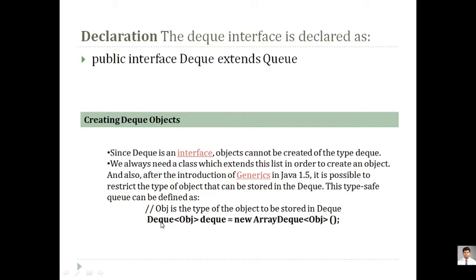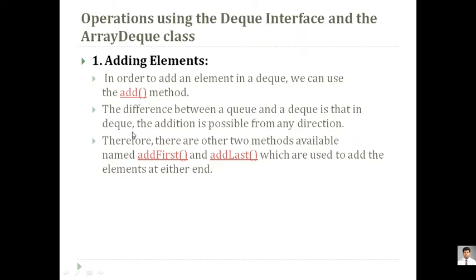So if I want to create an object of a Deque which contains only strings, I have to specify String here and String here. If I want integers, I specify Integer here and Integer there. So whenever you are creating an object of Deque, you need to understand that a Deque object is not created directly but in an indirect way, that is the generic way, by specifying the type with ArrayDeque and the new keyword for creating this ArrayDeque. So this is the only way of creating a double-ended queue. There are no alternatives.